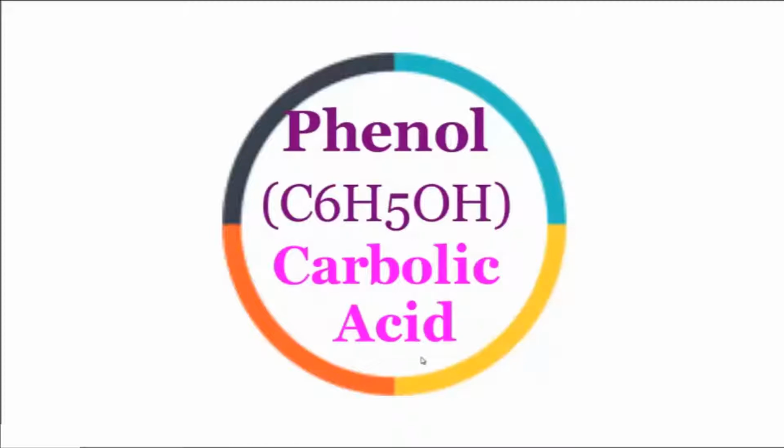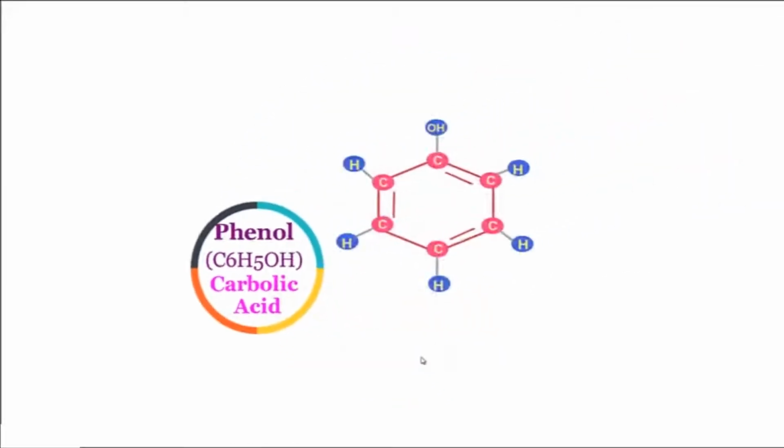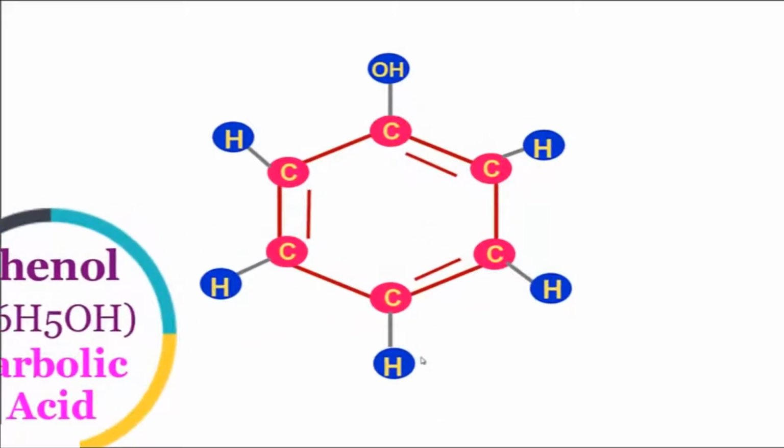In fact, 5% solution of phenol is called carbolic acid. Now, let's look into the structural formula of phenol. As you can see in the structure, it is containing the benzene ring having alternate double bonds, of which 5 carbon atoms of the benzene ring is having direct linkage with 1 hydrogen each, and the first carbon atom is linked with the OH group. Therefore, the IUPAC name of phenol we can call is hydroxybenzene.